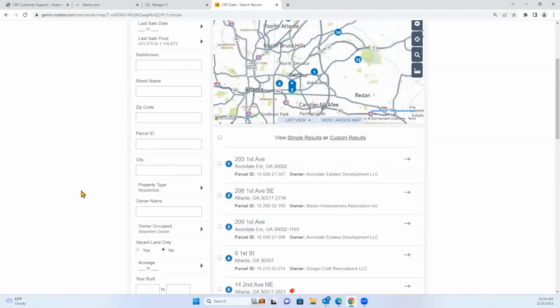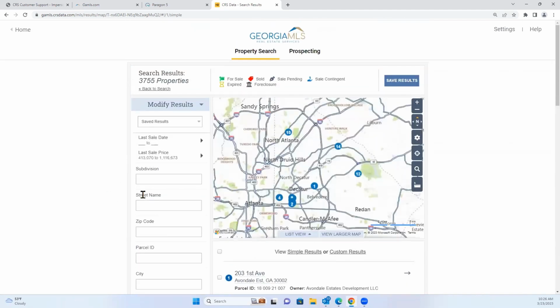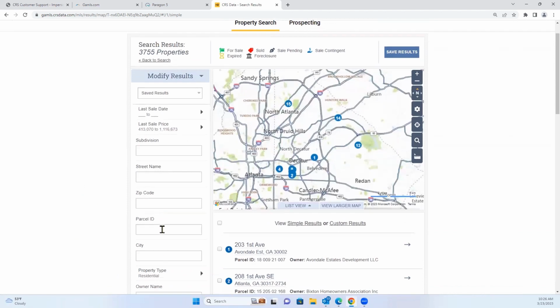We can get even as specific as the city. So we have 3,755. And we go ahead and put a city in. When utilizing